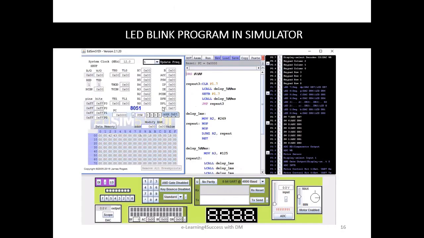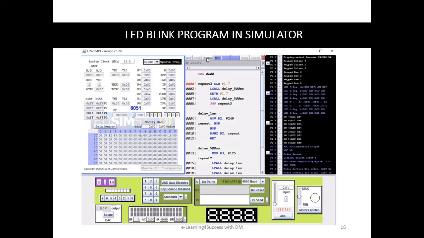Now you can copy this program to the source code pane of the EDSIM51 simulator. Also change the update frequency to 50,000. This parameter can be set according to your PC configuration. Sometimes you have to set a lower value for running the simulator smoothly in your PC. Remember that this setting is only for updating the simulator window and has nothing to do with your program or its execution. Next, you can click on the Run button.